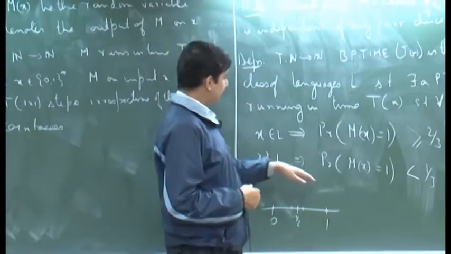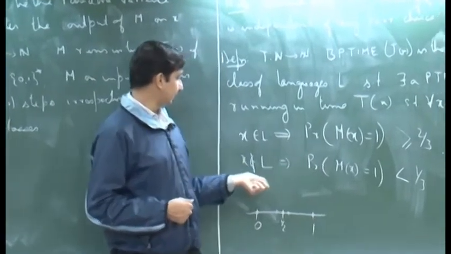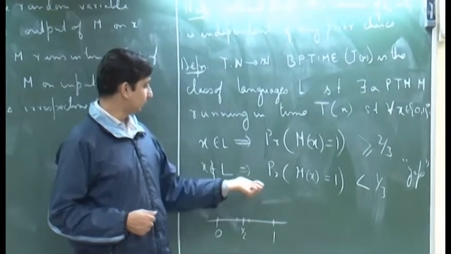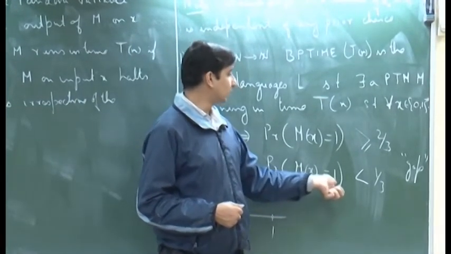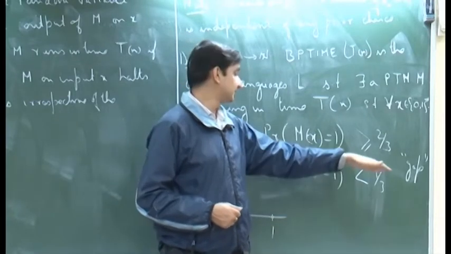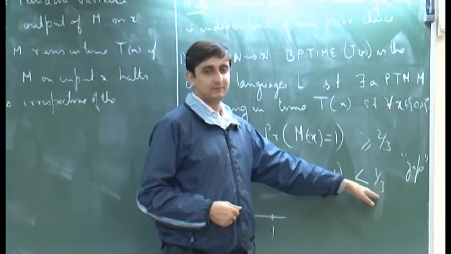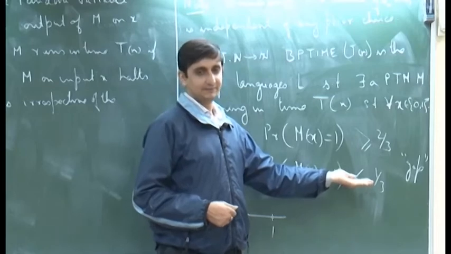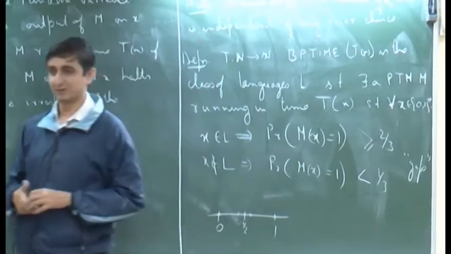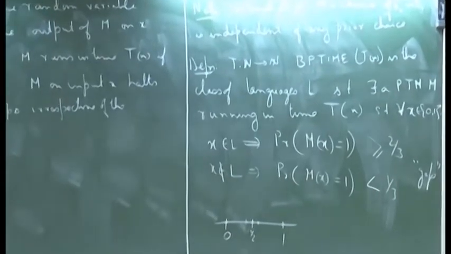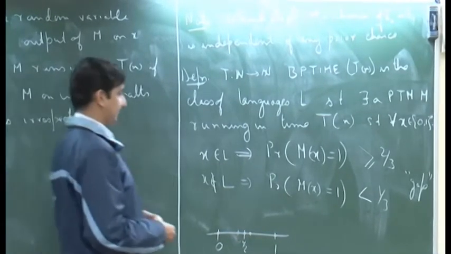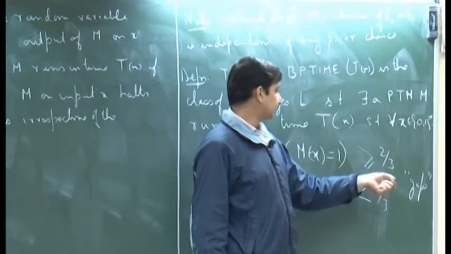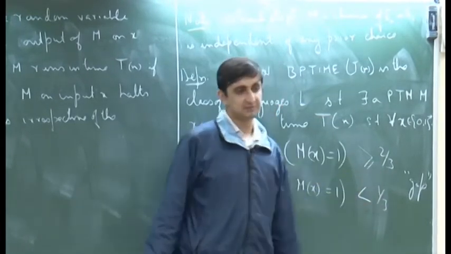Oh no, because if you look at this in a different way. So, we say that x does not belong to L if the probability that M of x outputs 0 is greater than or equal to 2/3. So, that would look symmetric. So, that is why we have less than 1/3. Not necessary, that is not necessary. You can have arbitrary numbers here also. You can have let us say 3/4 here and 1/3 here, that is also fine.